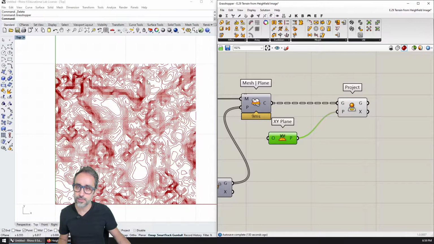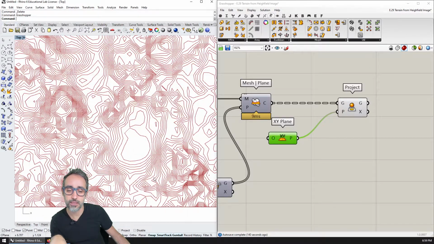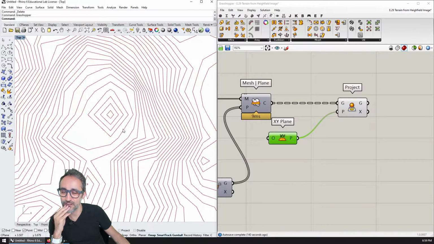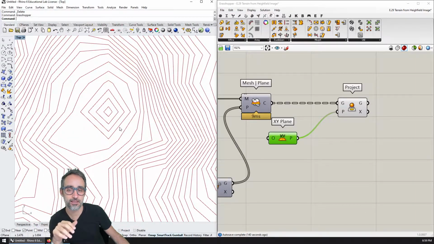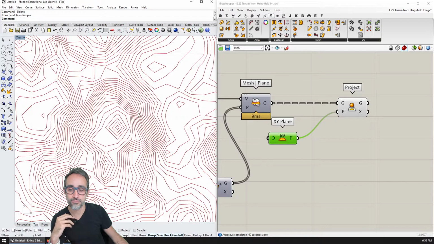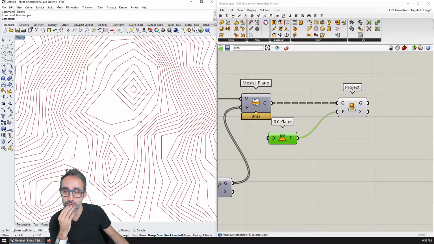And the last thing that I would like to do is highlight one property of this. If you look at the isocurves that I have generated, turns out that they're not very nice because they're coming from a process that has suffered a lot of discretizations. For example, a pixel image is already a discretization of reality. Meshes are also a discretization of reality because you take reality and you chop it in faces. And because faces are planar, we get a lot of situations where the curves are basically polygons. That's one thing to notice.